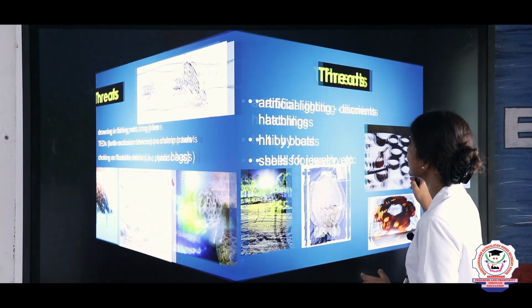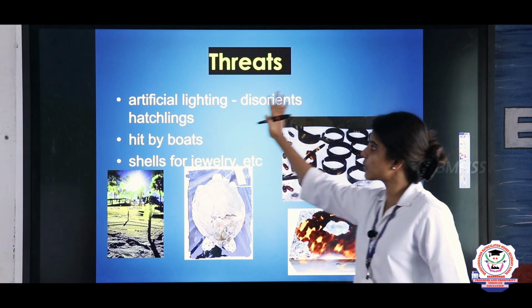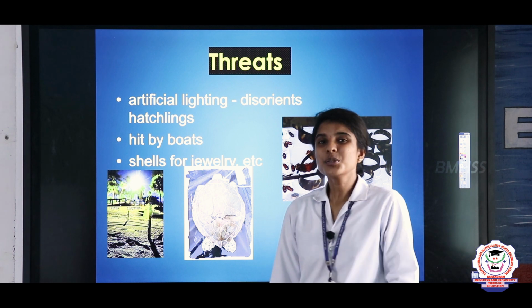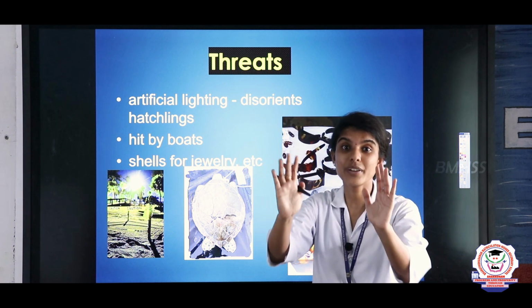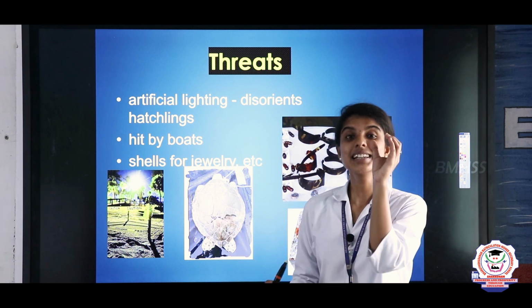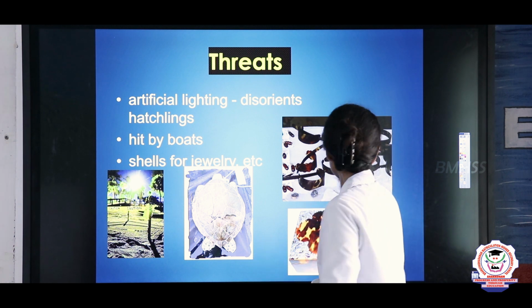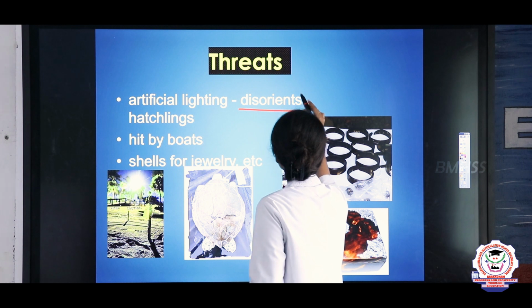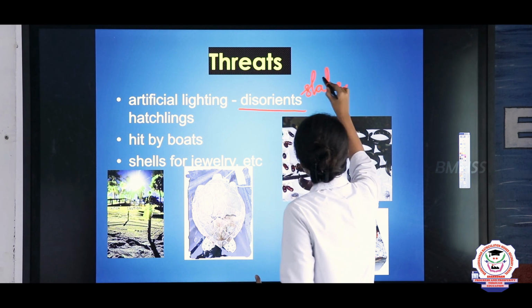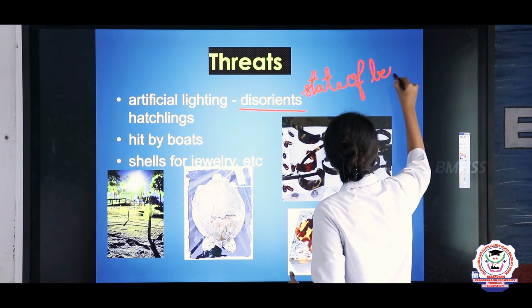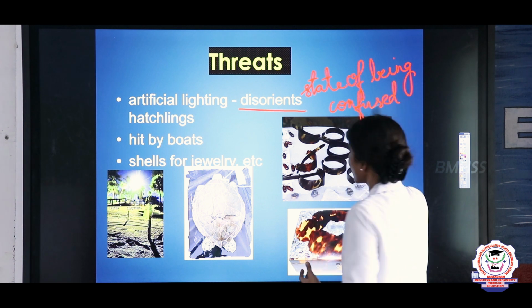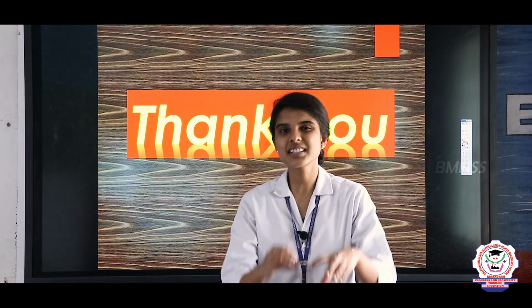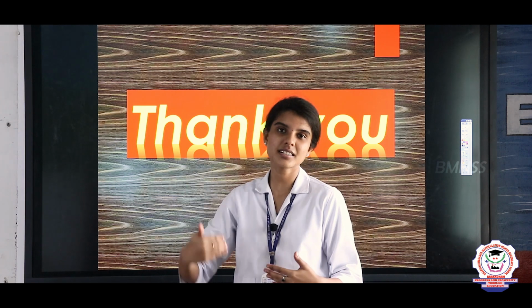Now let us see, artificial lighting disorients hatchlings. By artificial lighting, they lose their way. What do you mean by disorient? Disorient means a state of being confused. Confused state is called disorient. Only by systematically tackling these problems, or by removing these problems, can we save the sea turtle from the endangered